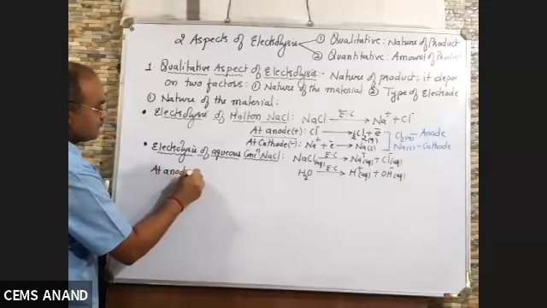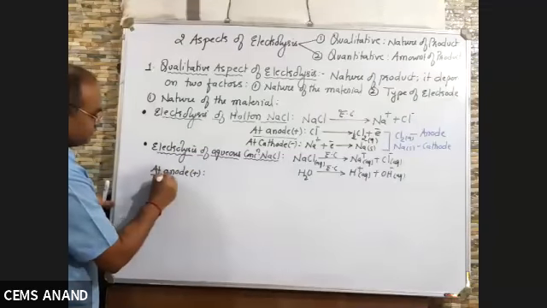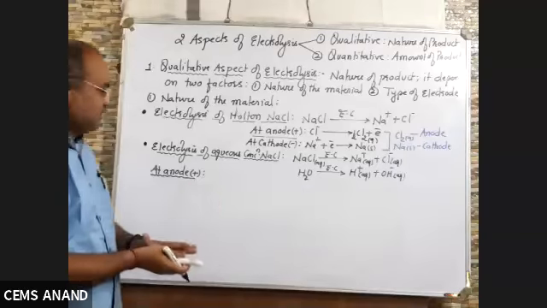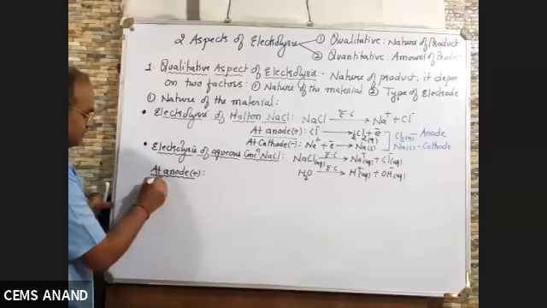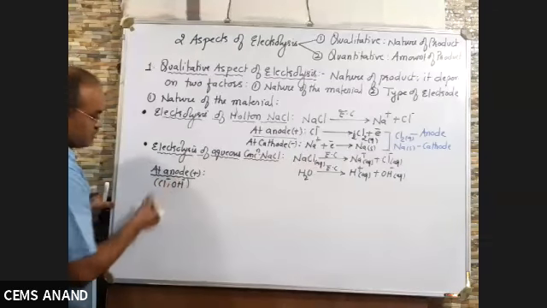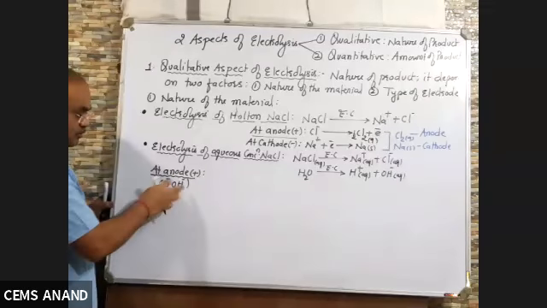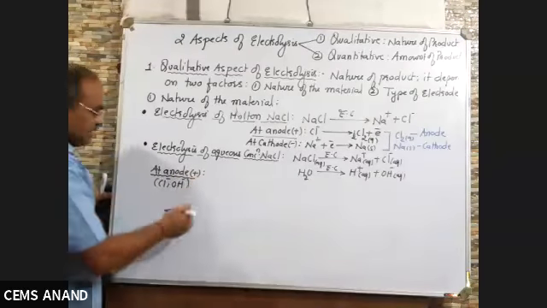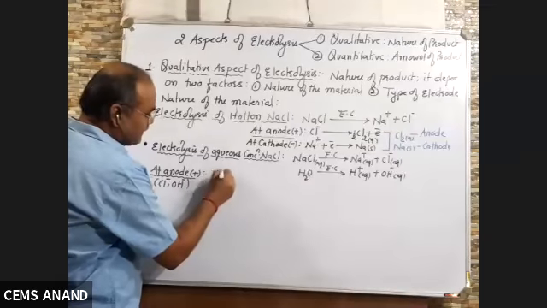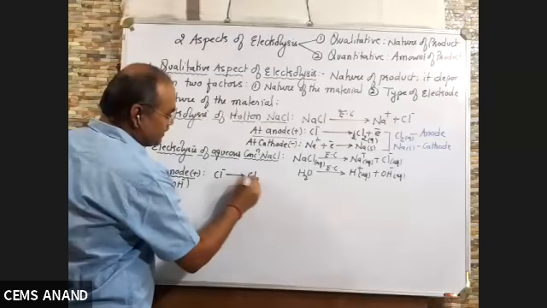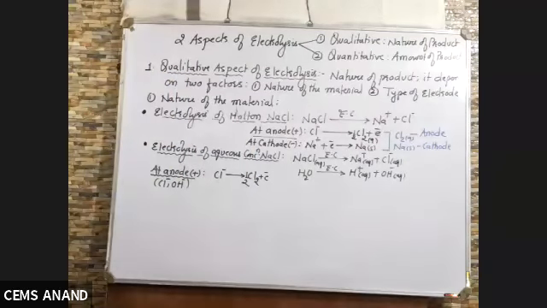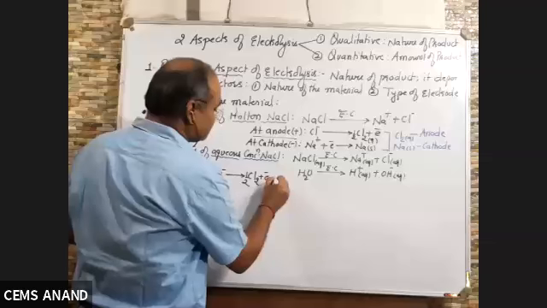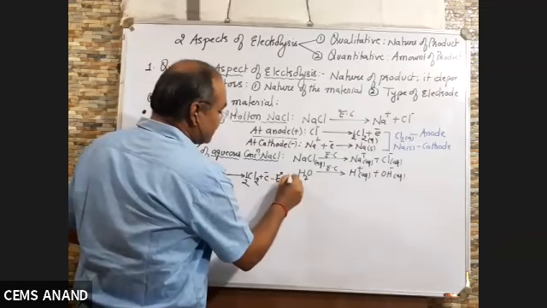At anode, which is positive, now what will happen? Anode is positive, but negative ions are two, Cl minus and OH minus. Two possibilities are there. Now out of these two, who will undergo oxidation and who will undergo reduction? Let us see. If Cl minus undergoes oxidation, it will be converted to Cl2 plus electron. This we know. Its E0 value is 1.36 volt.